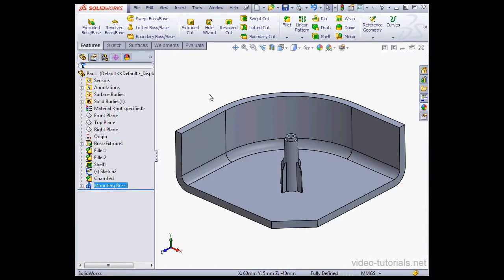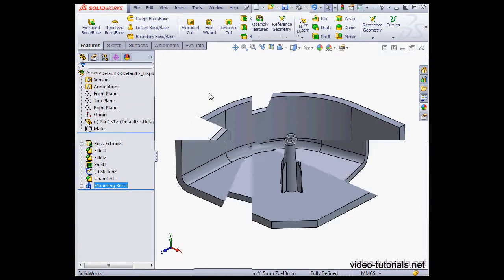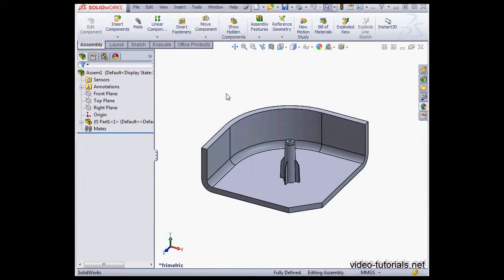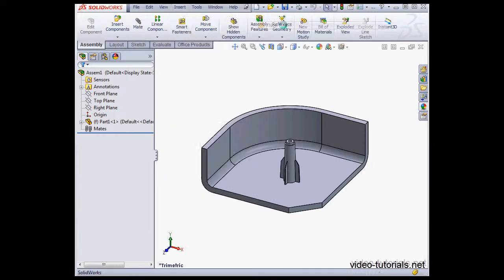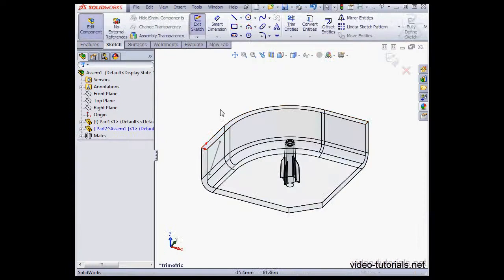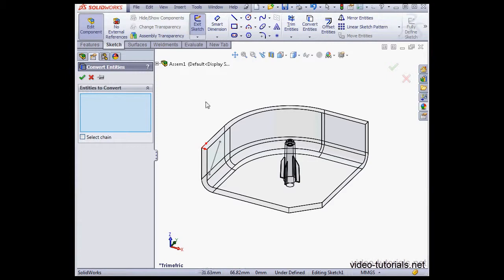Okay, let's move to an assembly example. Here I've created a new assembly. I've inserted the part we just created a moment ago. Let's go to Insert on the main menu strip, Component, New Part. I'll select this face. SolidWorks creates a new sketch. Let's click on Convert Entities. I'll select these 4 edges